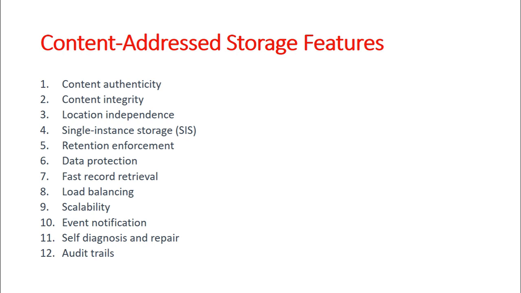The next feature of cache is load balancing. Cache distributes objects across multiple nodes to provide maximum throughput and maximum availability. So rather than overloading a particular node, all the data in the cache is distributed across all the multiple nodes there. The next feature offered by the cache is scalability.